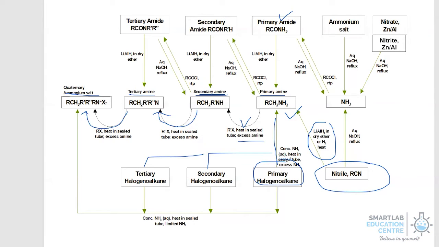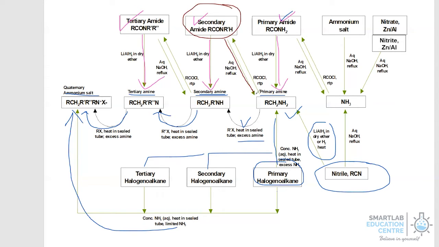Or any of the amines can react with primary, secondary, or tertiary halogenoalkane, with halogenoalkane in excess, and all of them would cascade till you end up with quaternary ammonium salt. Finally, when you decide to reduce your secondary amide, you get your secondary amine, and similarly your tertiary amide to get tertiary amine. We earlier already covered that if you reduce your primary amide, you get your primary amine as well. But in hydrolysis, it doesn't quite work that way, because if you were to hydrolyze your secondary amide, you actually get your primary amine. And alkaline hydrolysis of your tertiary amide will produce secondary amine.